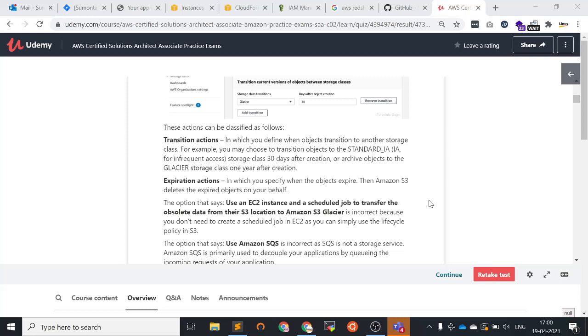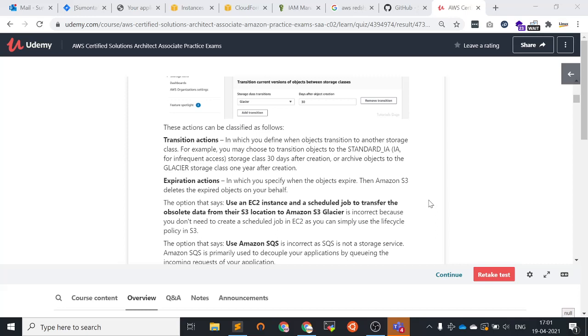For example, you may choose to transition objects to the Standard-IA infrequent access storage class 30 days after creation, or archive objects to the Glacier storage class one year after creation. In an expiration action, you specify when the object expires, and Amazon S3 deletes the expired object on your behalf.